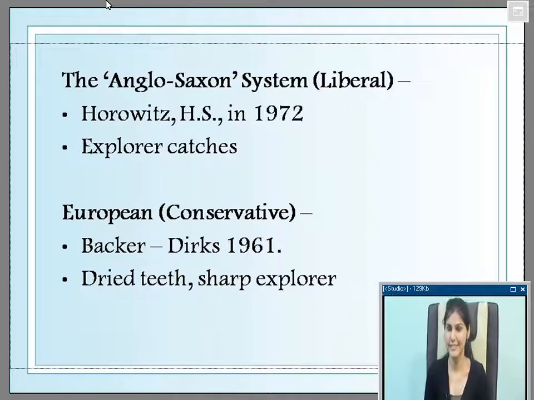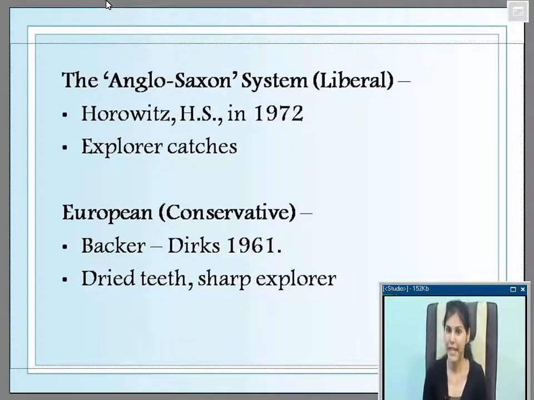As opposed to this system, the earlier system which was used in Europe was more conservative. It was given by a scientist called Baker-Dirks in 1961. Now this was more conservative because it did not try to push the explorer or anything so aggressive. All the teeth were dried properly. One sharp-pointed explorer was gradually passed to the Pit and Fissure, and mainly it was a visual kind of examination